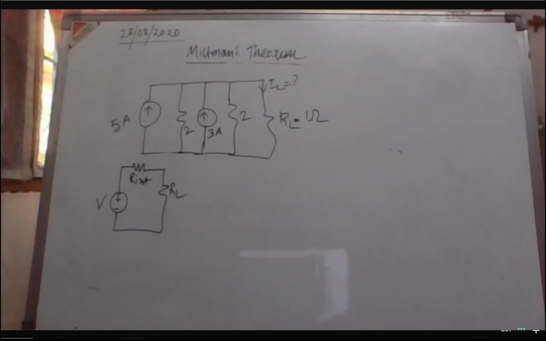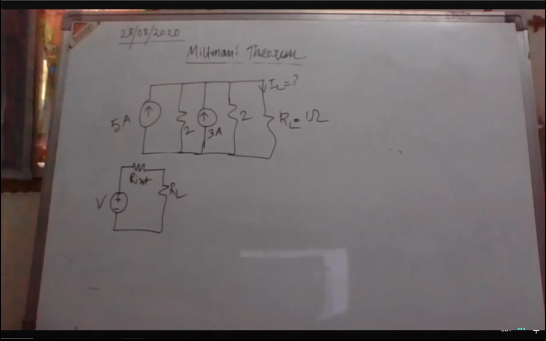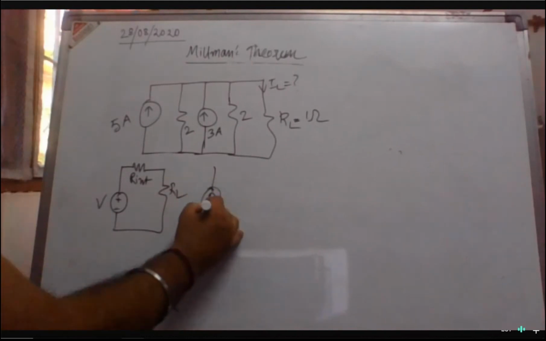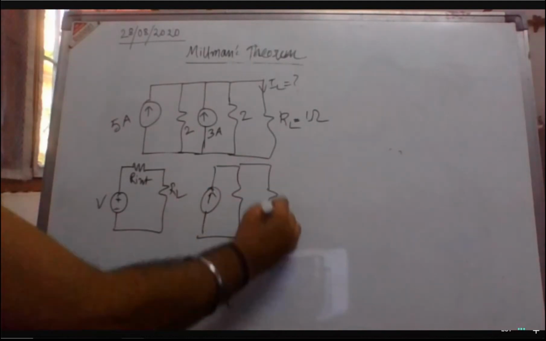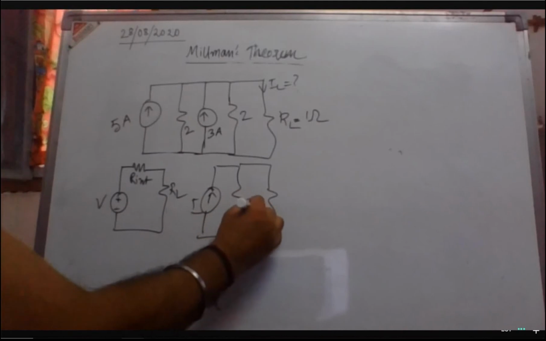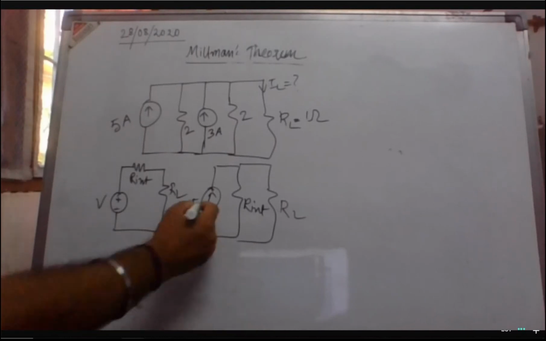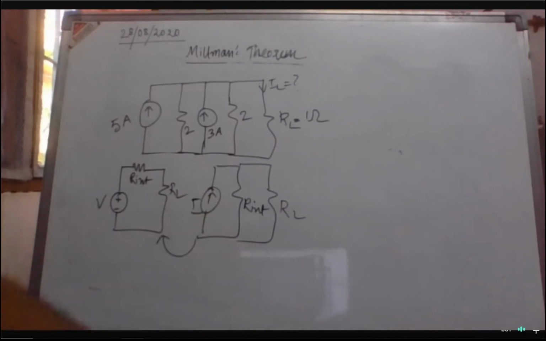Sir, you have gone wrong equivalent circuit. Sir, equivalent circuit आपका wrong है. R इंटरनल पैरेलल होगा ना. आर इंटरनल नहीं, हम लोग तो वोल्टेज सोर्स ड्रॉ किए. अगर करंट सोर्स ड्रॉ करते तब वो पैरेलल होता. Yes sir. हमने तो इसको वोल्टेज सोर्स पे कन्वर्ट किया, तो वोल्टेज सोर्स के साथ तो इंटरनल रेजिस्टेंस सीरीज में रहेगा. इसको ही हम लोग ऐसे लाएंगे. देखना, मैथ करते करते पता चल जाएगा.